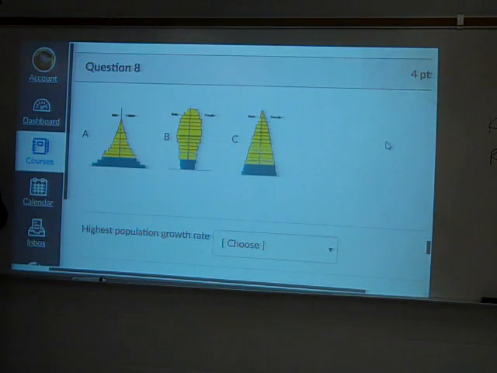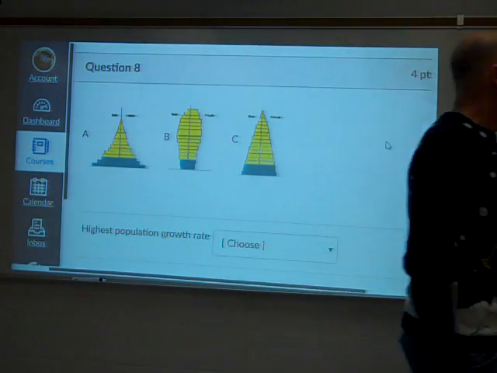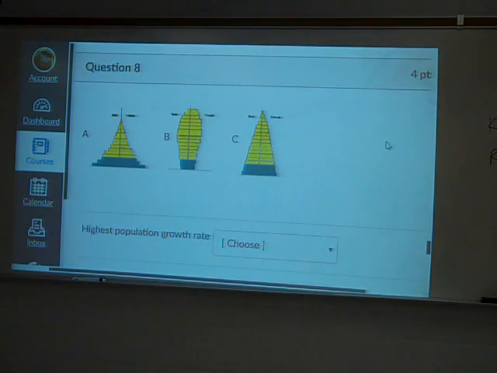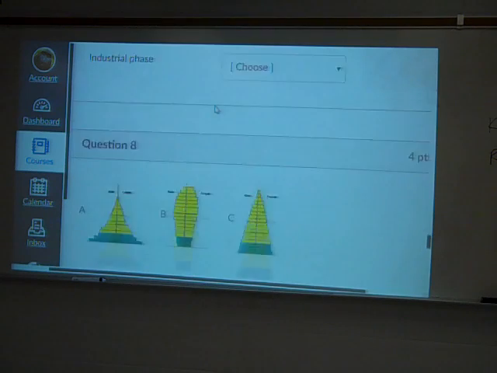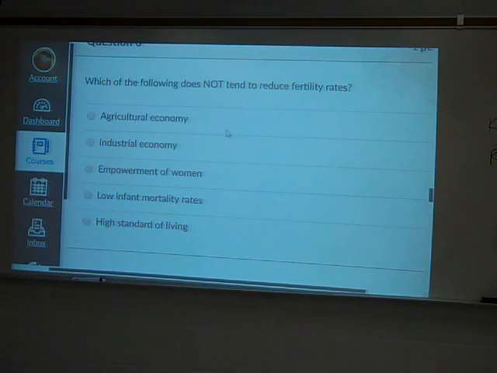Okay. So are we good on that, identifying which one of those is which and what they represent, what kind of societies they're associated with? Questions on that? No? All right. So that is it for populations. Now we're going to go on to